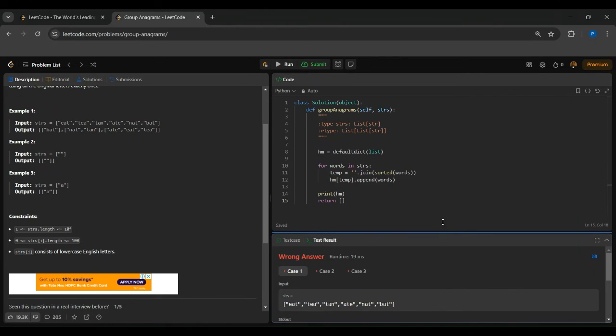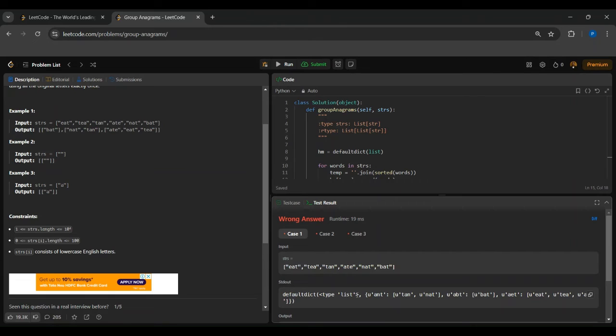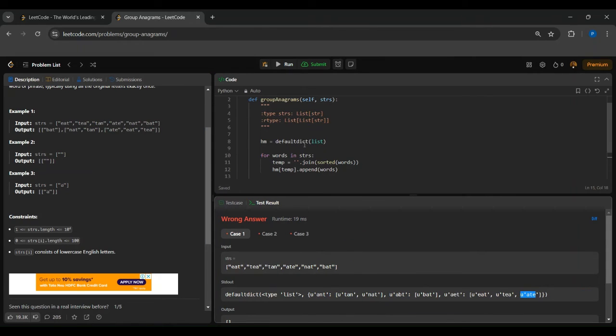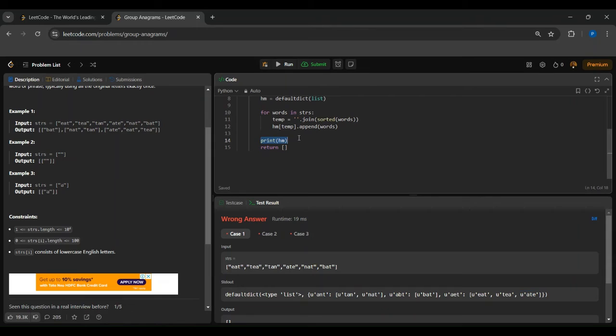Yeah. So now you can see defaultdict list. For the word ant, which is the sorted form of tan and nat, ant will be the key, and its corresponding value will be the list in which the original words will be there. For ABT, it will be bat. For AET, as I said earlier, it will be eat, tea, and ate. This is not complete. Wait. Yeah, ate. Right. So now what I need to do is just return these particular values,